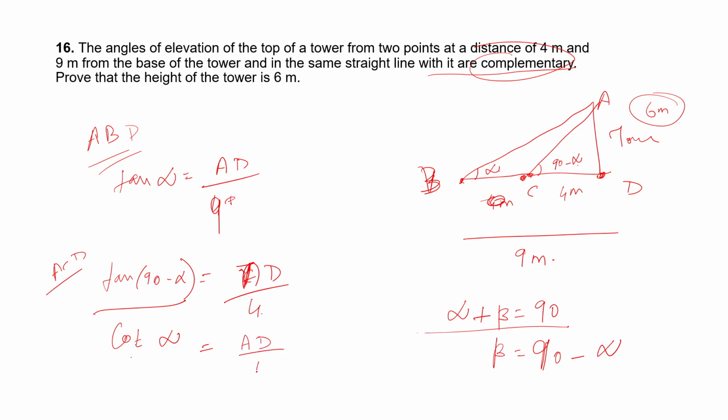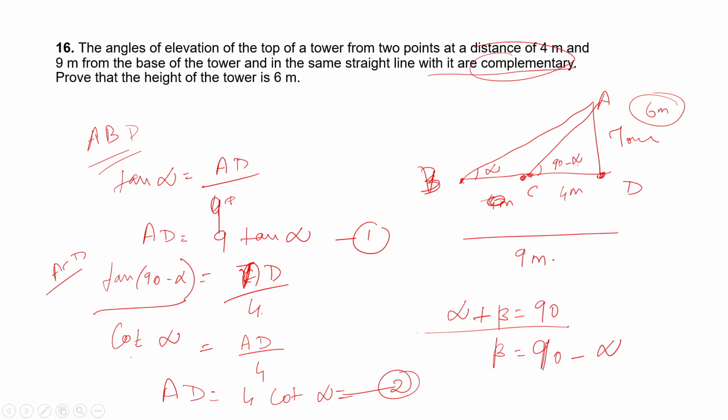If I cross multiply, the 4 will move here. So AD is 9 tan alpha. Here AD is 9 tan alpha, equation 1. Here AD is 4 cot alpha, equation 2. Since both are AD, we can equate them. So 9 tan alpha